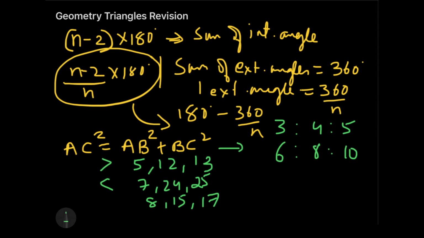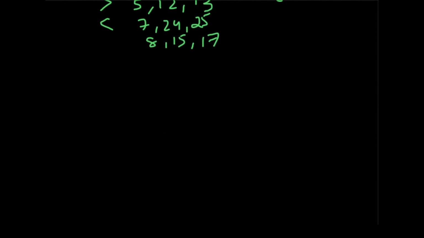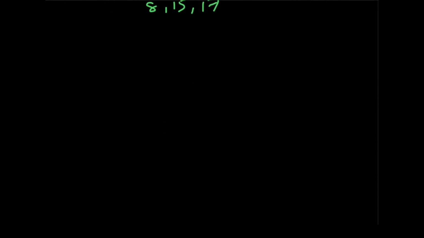Okay, now I'm going to discuss a very interesting kind of question right now, and I want all of you to pay utmost attention to this. This is a question based on ranges. For example, if two sides of a triangle are given to you, and the question will say, find out how many triangles are possible from this. So two sides are given to you.